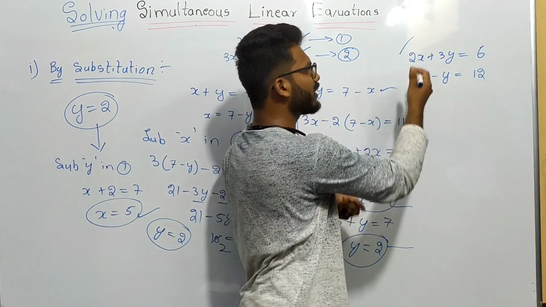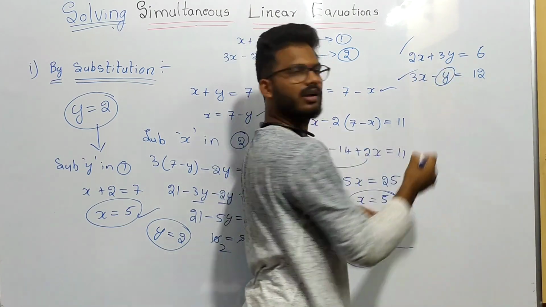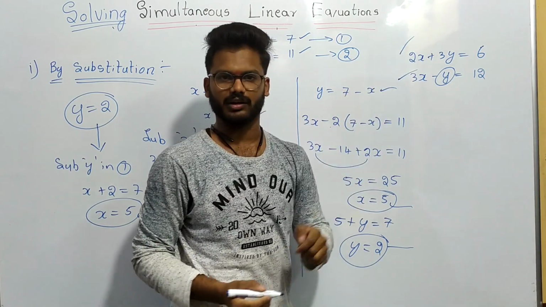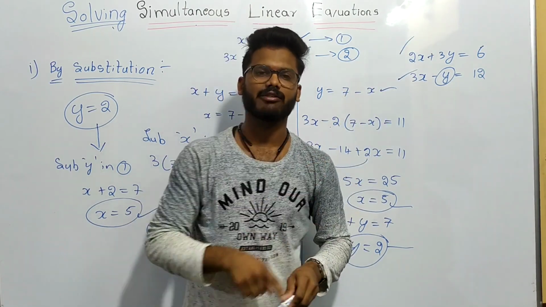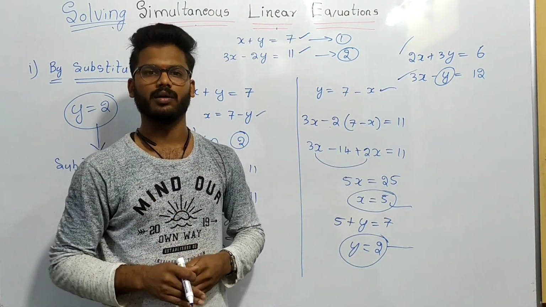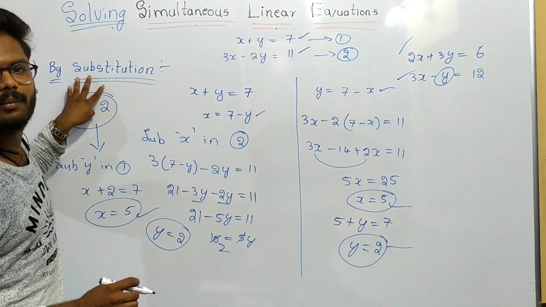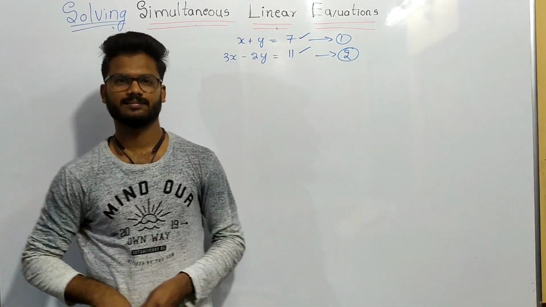See, from this equation you cannot get it easily. From this you have y, right? So here from this equation find y and substitute in the first equation. Based on the given equation you can find the variable from any one of the equations. This method we call elimination by substitution method.